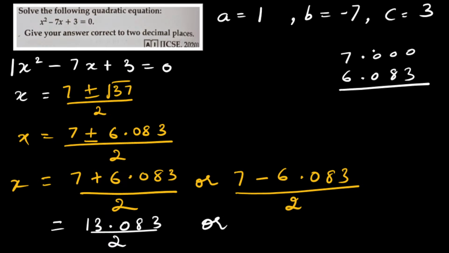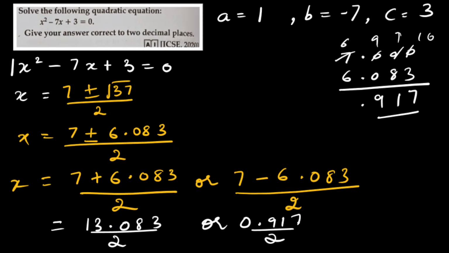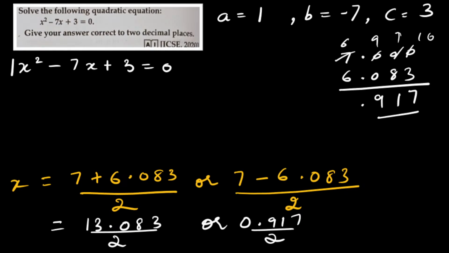So for subtraction, I hope you remember, many times students make this mistake. They will not carry directly, they will write 1.083. You have to carry here. So 6, this is 9, 9, 10. So 7, 1, 9, 1, 7. So 0.917 by 2. Now let's divide it by 2 and write the answer. So x is equal to, if you divide this one, here you will get